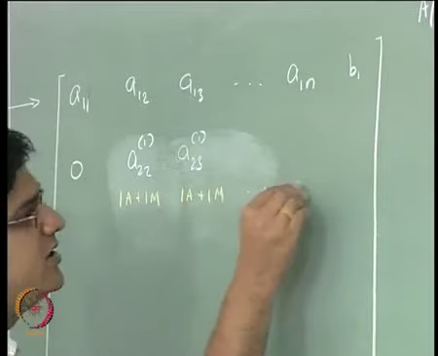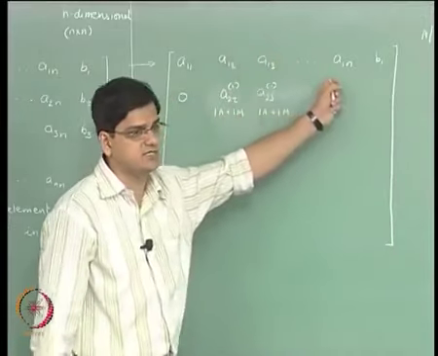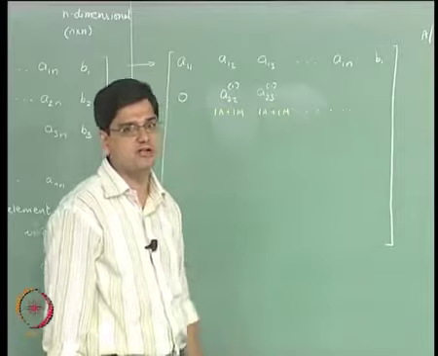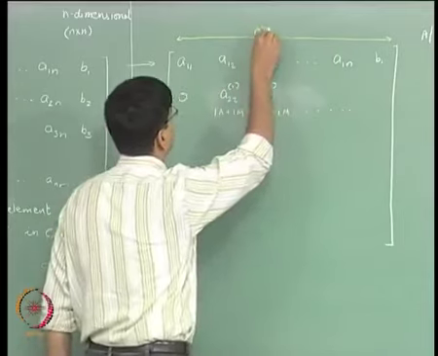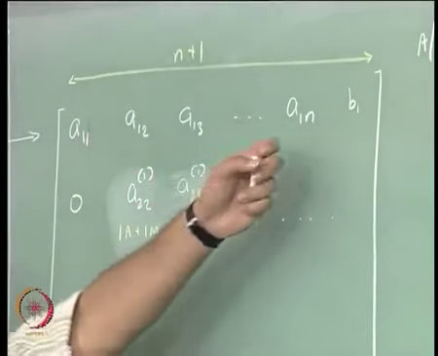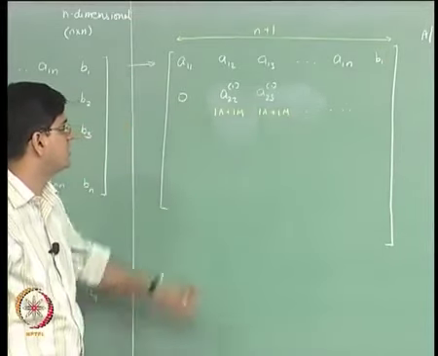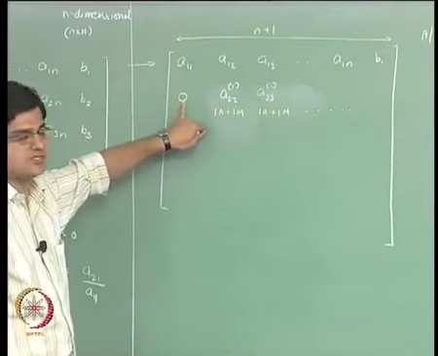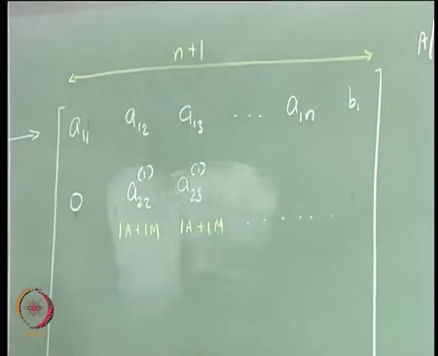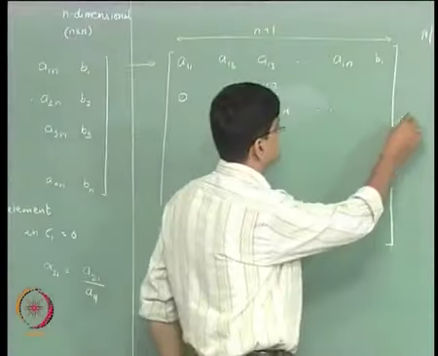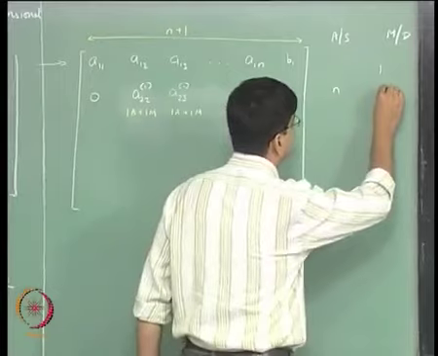Okay. And we repeat this for the remaining n minus 1 elements of the matrix A and one element of the vector B. Keep in mind that this number is n plus 1. There are n columns because of matrix A and an n plus 1th column because of the vector B. This computation for the first column we are not doing explicitly. So in this particular row operation, the number of addition subtraction steps is going to be equal to n, and the number of multiplication division steps is going to be equal to n.